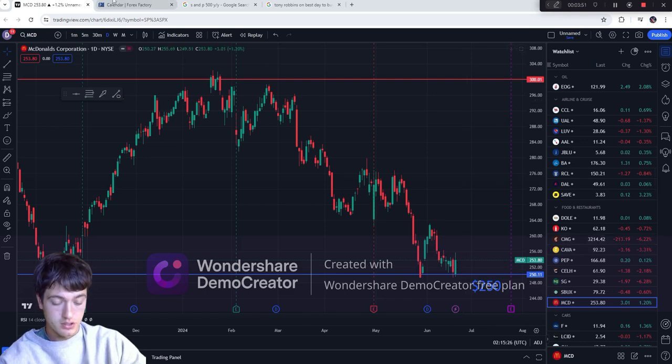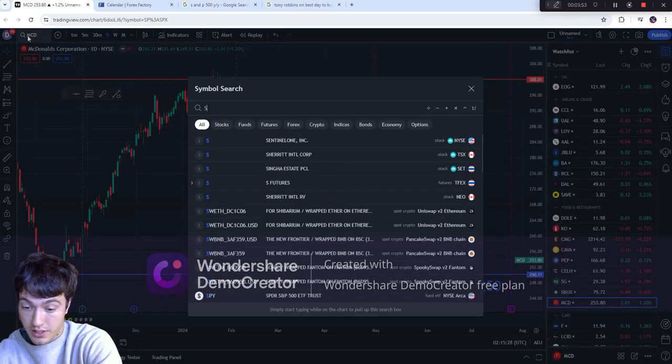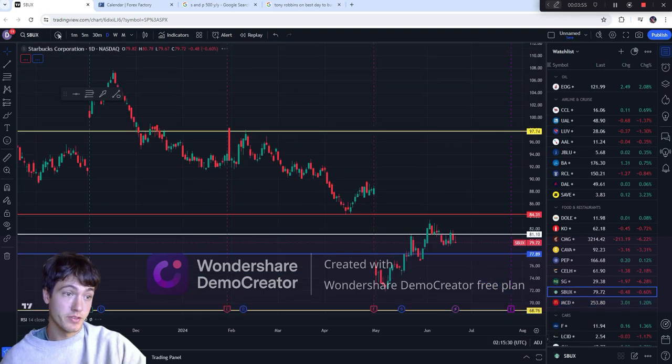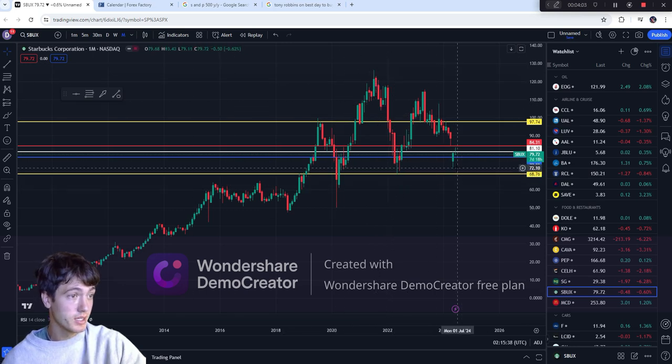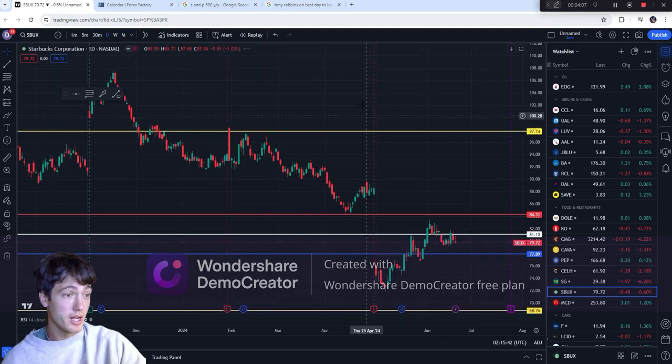So now let's go to Starbucks. Starbucks has been pretty bearish for the past few weeks, right? Zoom out to the monthly. It has some pullbacks every now and then, but is able to recover. So it had some pullback, and it's been recovering nicely in the past couple weeks. So we go down to the 1 day.